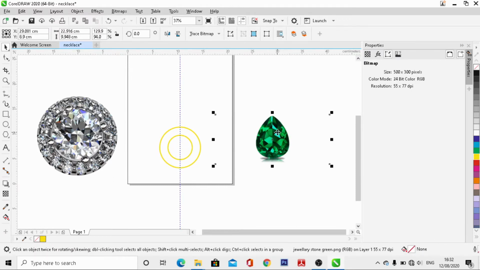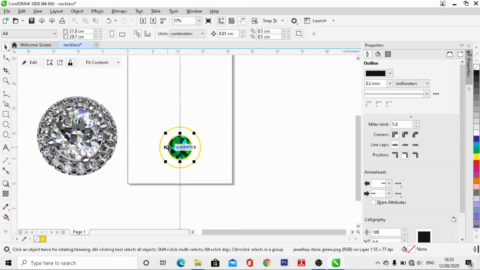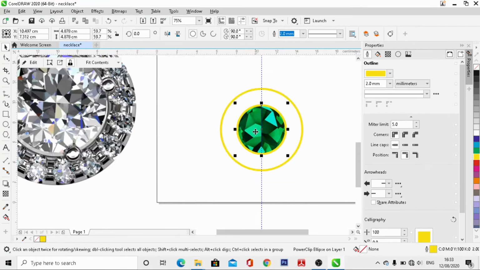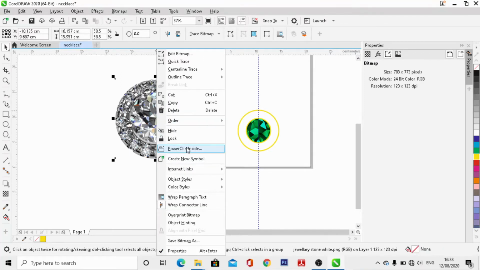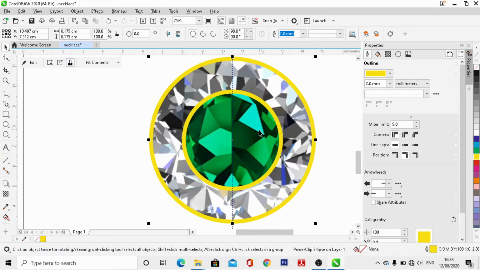Now we have to apply this texture to our pendant. For that purpose, we have to left click, right click, and then we have to go to power clip inside, and then we have to power clip it inside the center of this circle. Similarly, we have to apply the texture of the diamond. So we have to right click, power clip inside, and we have to power clip it in the center of the